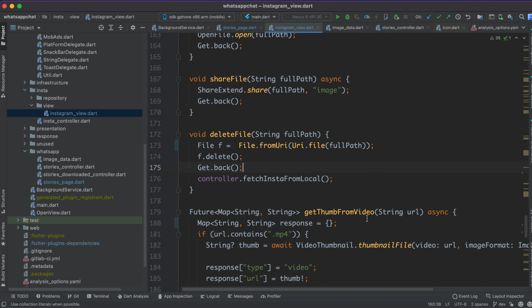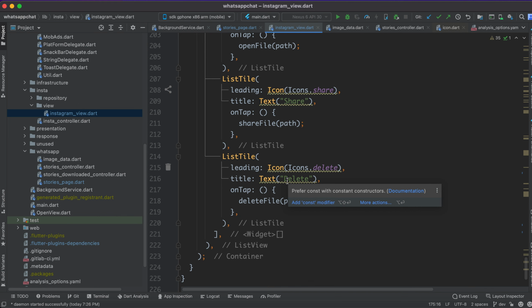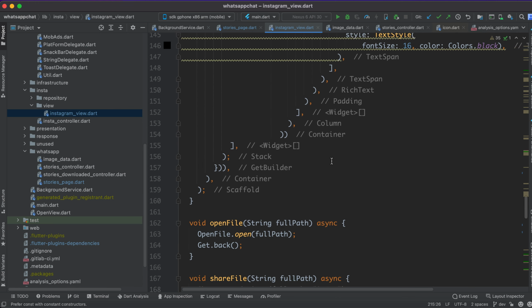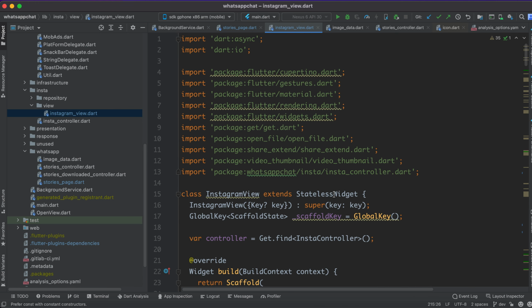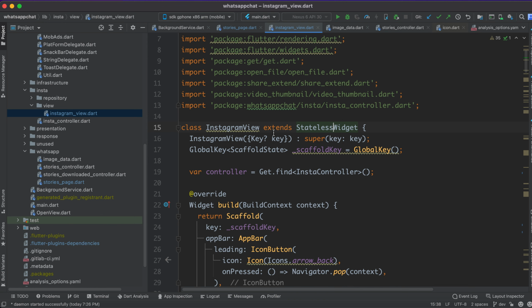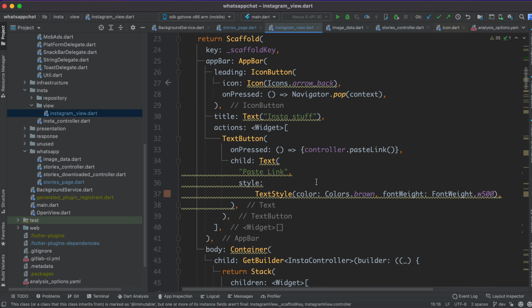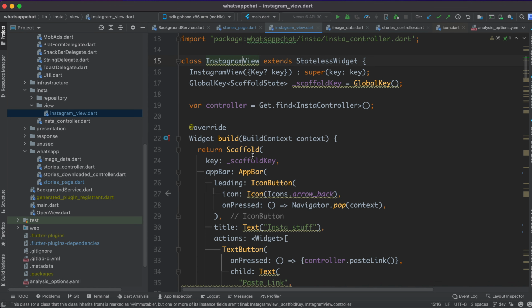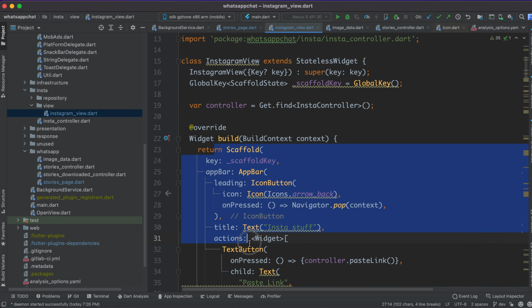Same thing here, they suggest constants because it's important. If I'm not using setState, it's mostly a stateless class, but if you create a stateful class and call setState, then this whole build method will be called again and again.